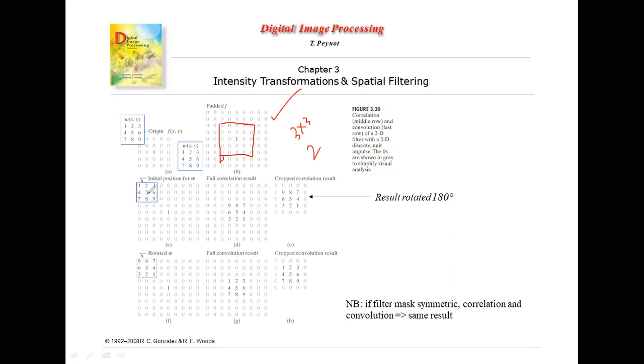Here the author has nicely given the result. If you start with convolution with the mask as it is, you end up getting a flipped result, where 1 is on this particular corner and 9 is here. So what you have to do is rotate the mask. As I told you, to get the result of convolution from correlation, flip and rotate the mask.